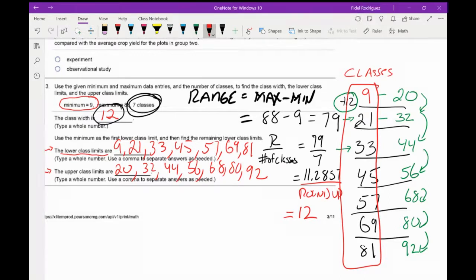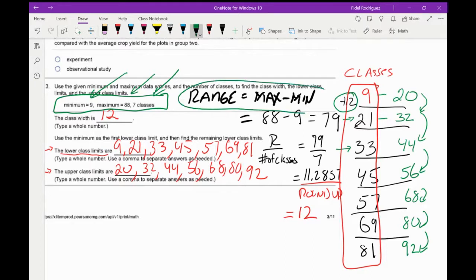So guys, the one thing I wanted to mention, I told you all this earlier, is that the questions you see tomorrow are going to be the same exact questions. The only thing that's going to be different are the numbers, right? So tomorrow, if this problem is on your test, I'm not saying that it is, but if it was, what's going to change? Those three numbers. But it doesn't matter what the numbers are, because if I know how to find my range, which is taking the biggest number minus the smallest number, and then dividing it by the number of classes,